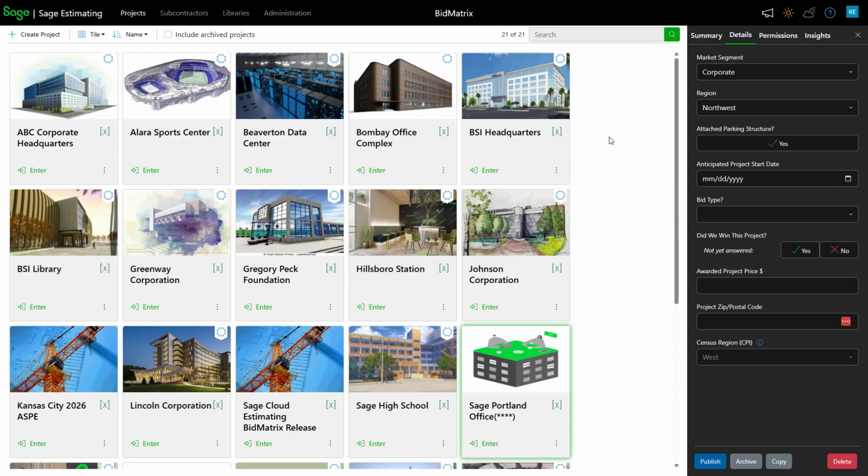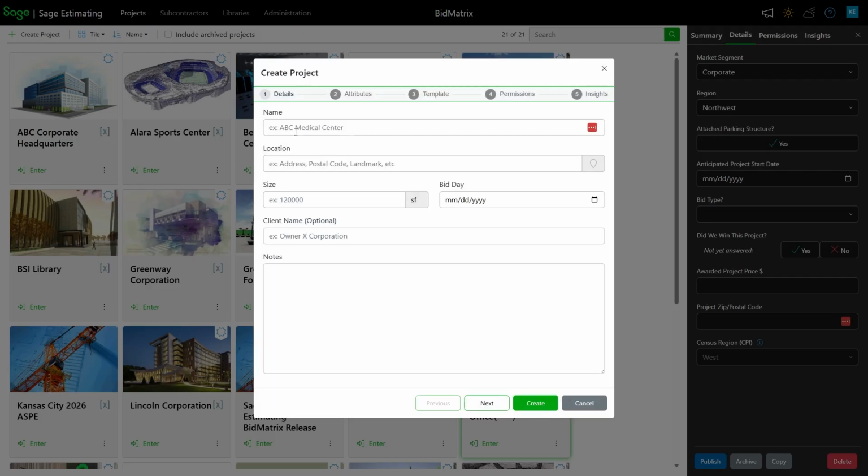Let's take a look. I want to go back through one other piece here. So I'm going to go back through and create a project here. Locations now can try to find the coordinates of the location and things like that. So locations are sometimes handy, especially when I'm doing regional ones. So it's something that's highly recommended to put in some sort of location. So I'm just going to throw in something there.